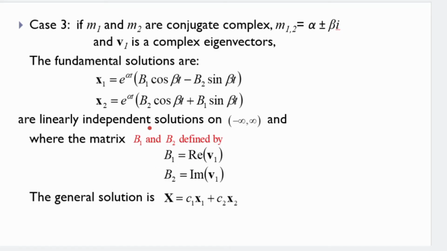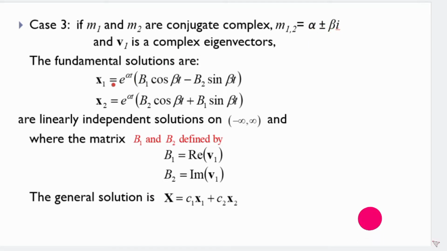In this lecture, we will discuss how to solve a system of first order linear differential equations using the eigenvalue-eigenvector method when the eigenvalues are complex conjugate. So in this case, we get the eigenvalues as complex numbers. Let us consider the eigenvalues alpha plus minus i beta.